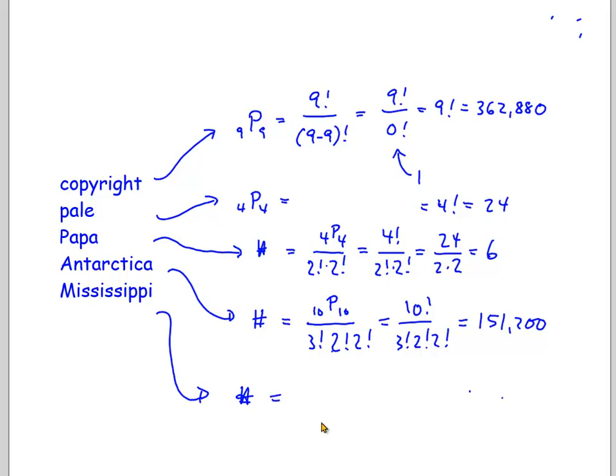So the number here is 11 letters, 11 permutations, and the S appears 4 times, so divide by 4 factorial. The I appears 4 times, the P appears 2 times, and there's only one M. So 11 factorial, divide by 24, divide by 24, divide by 2 equals, and again, my hand is kind of putting these little extra dots there. So when I do that,